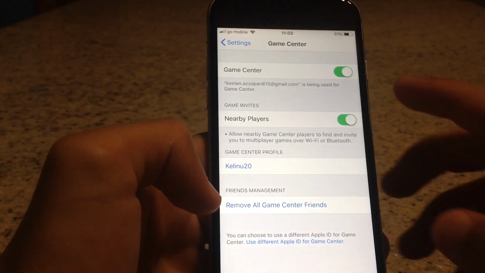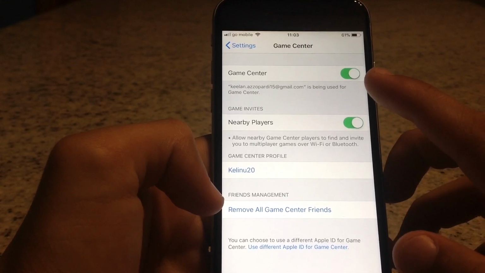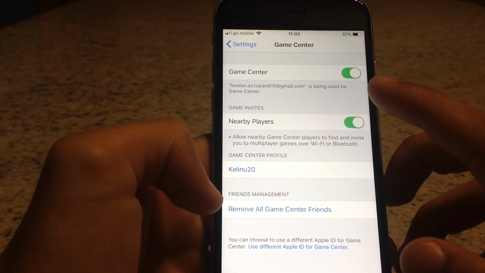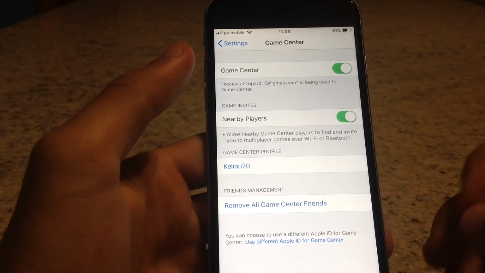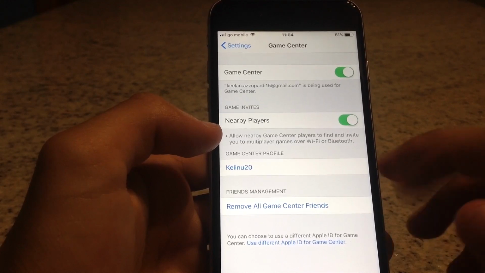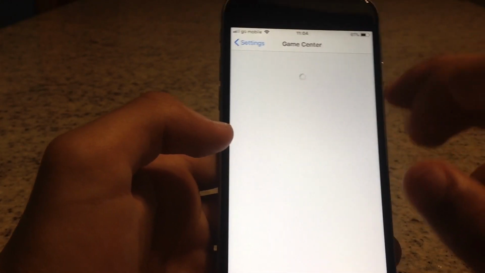What you want to do is toggle off this green button here. By toggling off this green button you will immediately erase all data and the progress of the game will vanish when deleting and restarting the game. So toggle it off